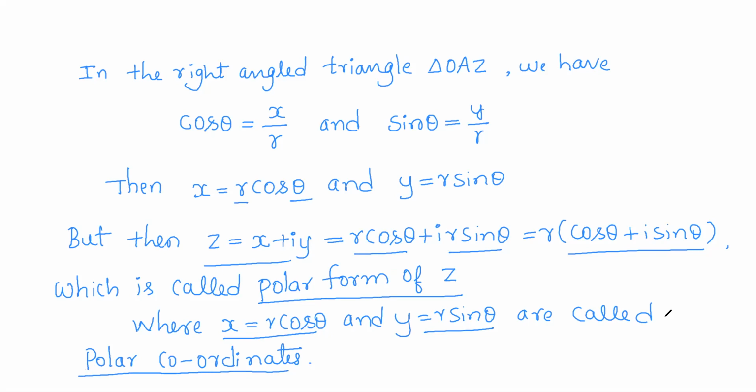So given a complex number z equal to x plus iy, using the notations r and theta we can represent it in the form called polar form, and the substitutions which we use in that representation are called polar coordinates, right? Given a complex number z, it will be a function of x and y, right? But representing x and y in terms of r and theta, you will get any complex number in terms of r and theta, which we call the polar form of z.